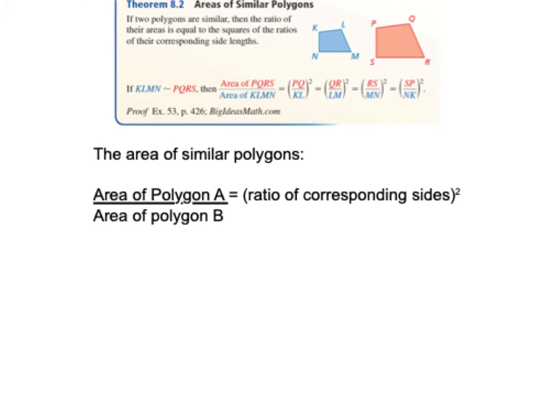So our formula that we're going to use is typed up in here, but I'm going to write it just slightly different. Okay, so how we would think about it is we would have the area of one polygon over the area of the other polygon. That looks a lot like what I already have typed. Okay, equals